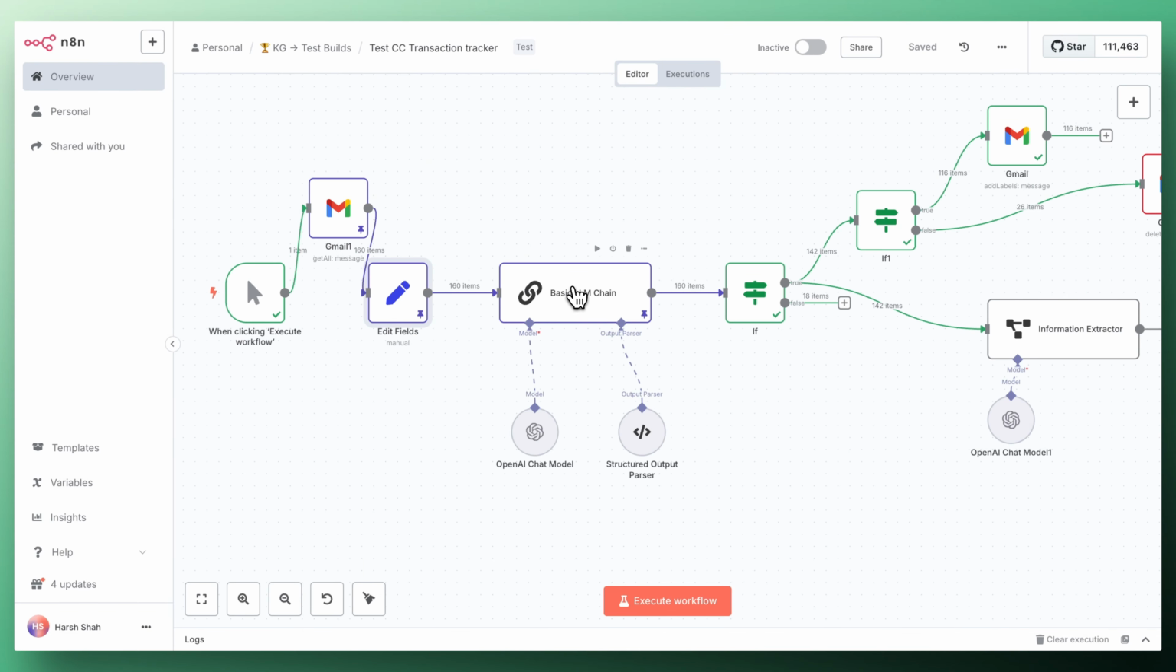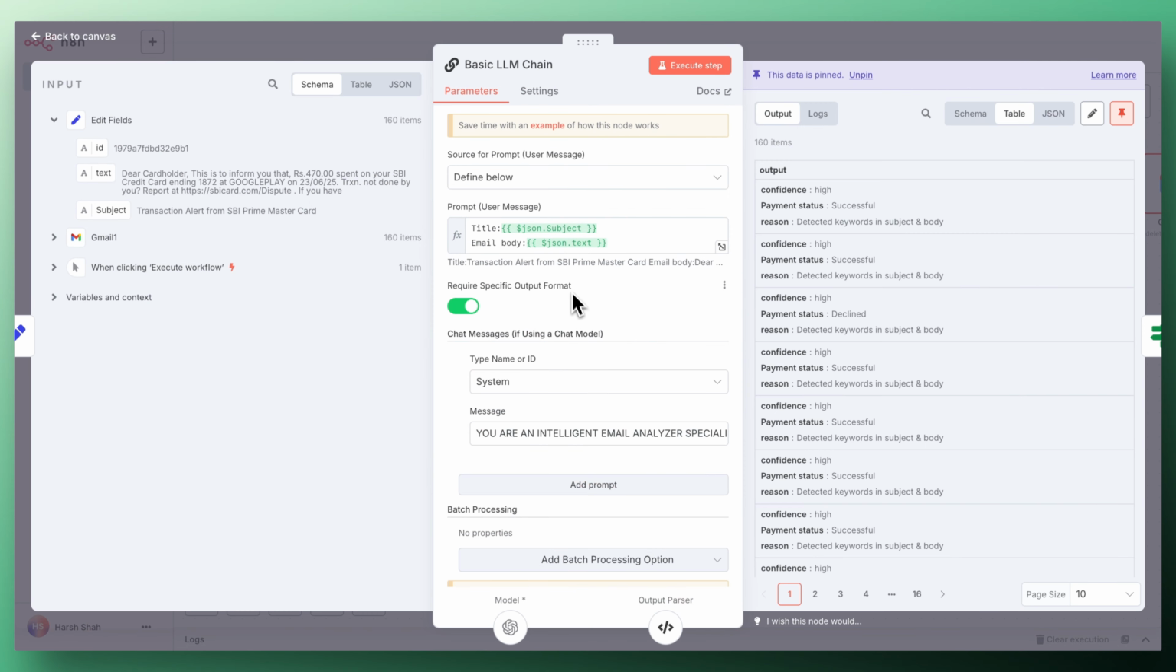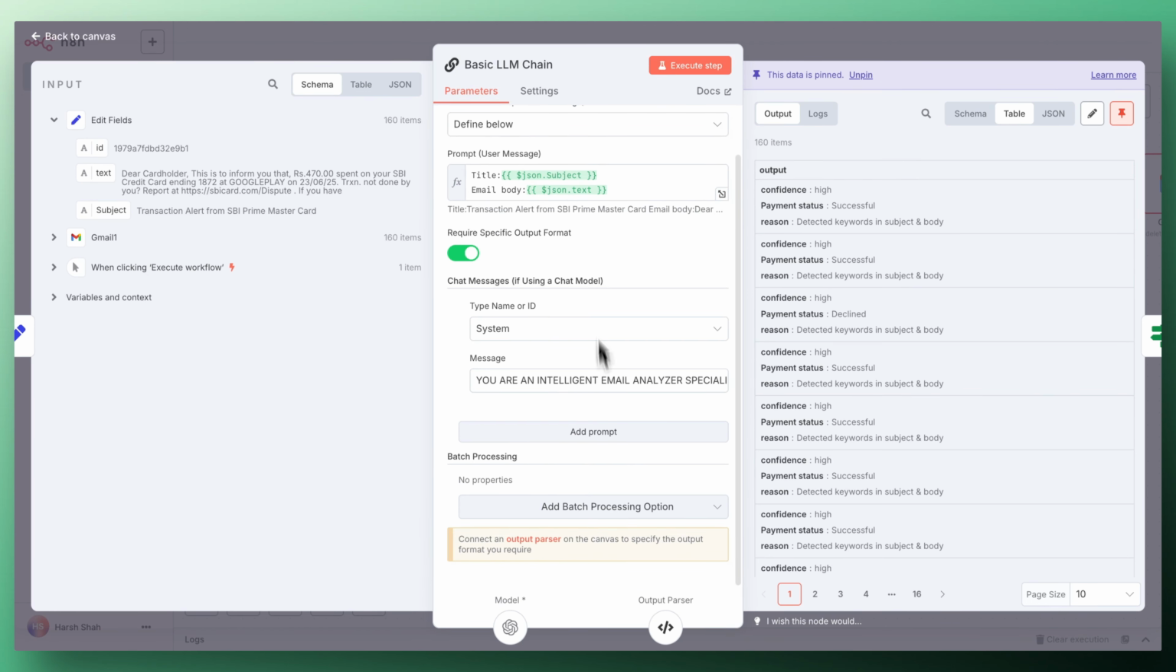After that, we have basically used a basic LLM chain, which is going to analyze the email, and based on that, it will then categorize it, like what confidence score we have, whether the payment is successful or not, and the reason behind why it has tagged the confidence as high. Now again, this is the user prompt where we have given access to the title and the body,